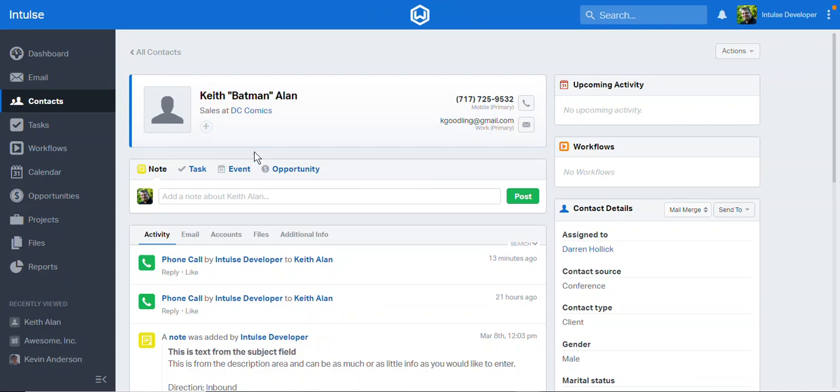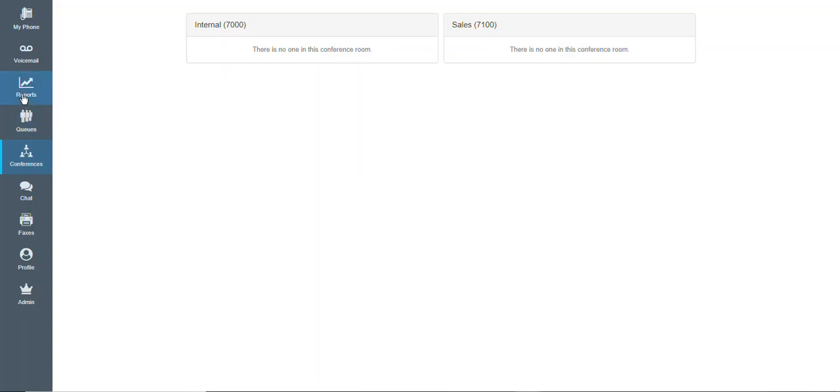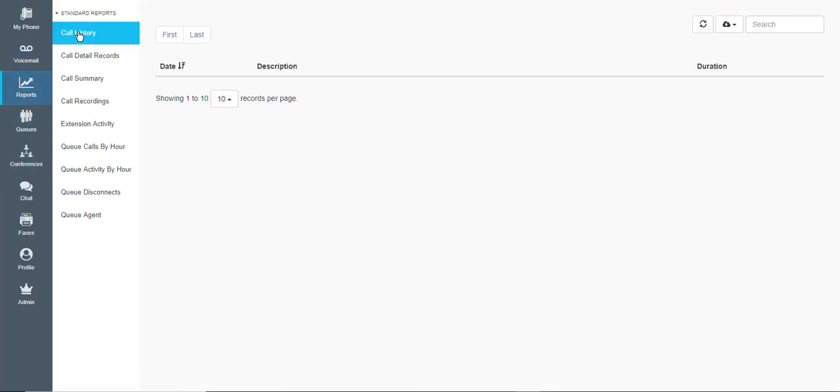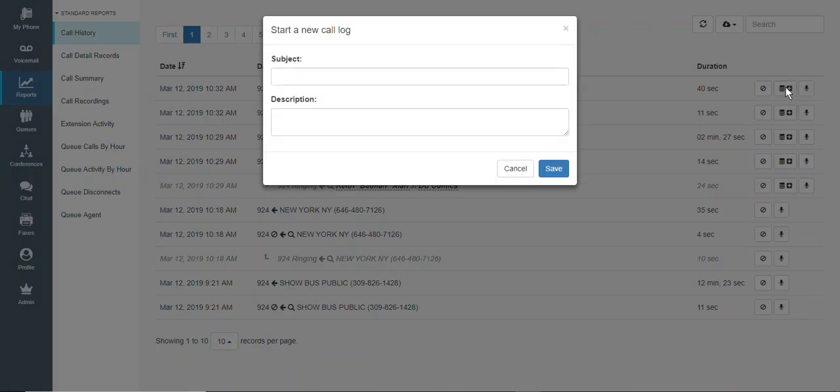So let's go ahead and end this call, and we'll take a look at the note possibilities within the system. If you wanted to create a call log with a note attached to it, you basically come into the call history area here, and again clicking on this name would take me to that record. Clicking on the plus sign is going to open this new call log